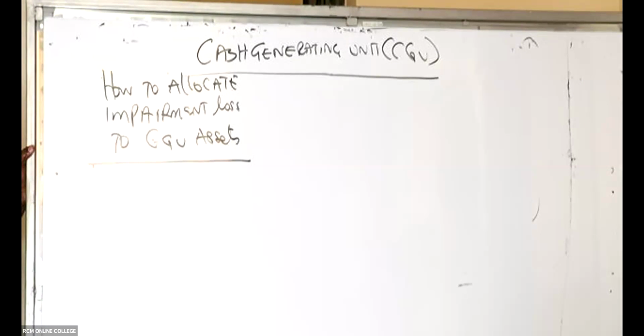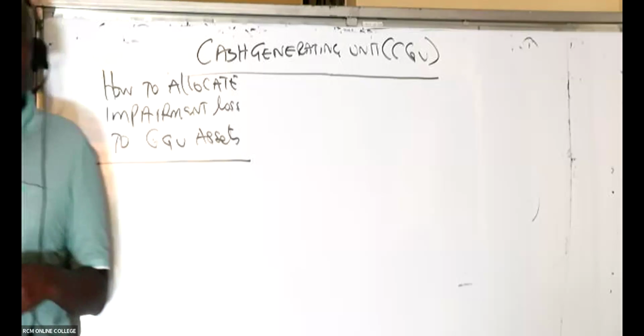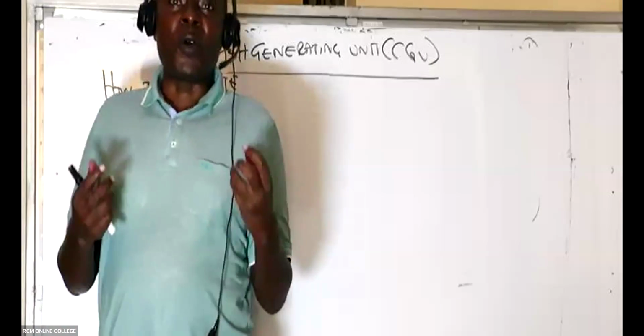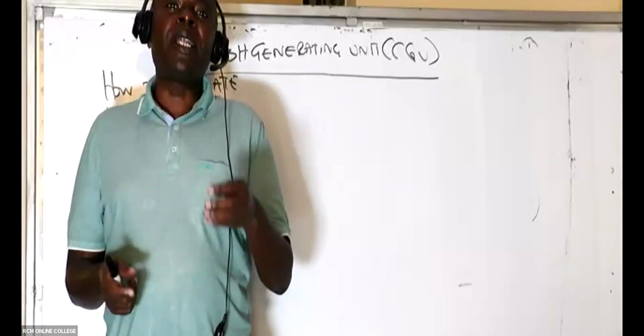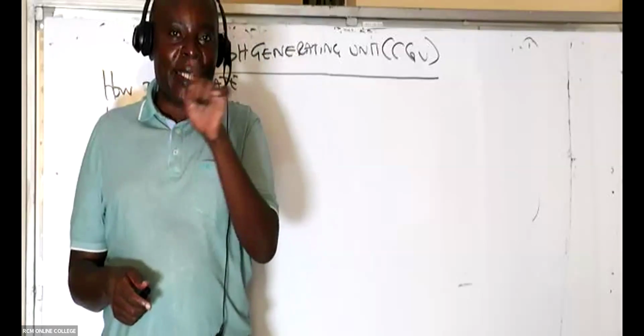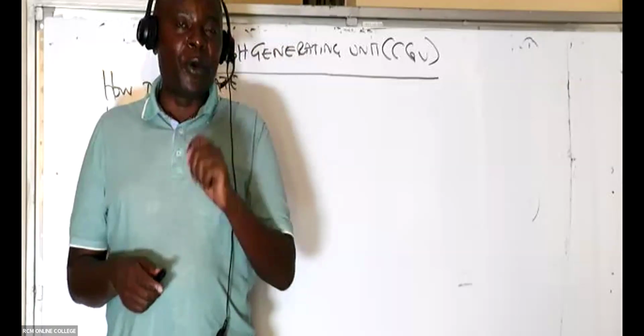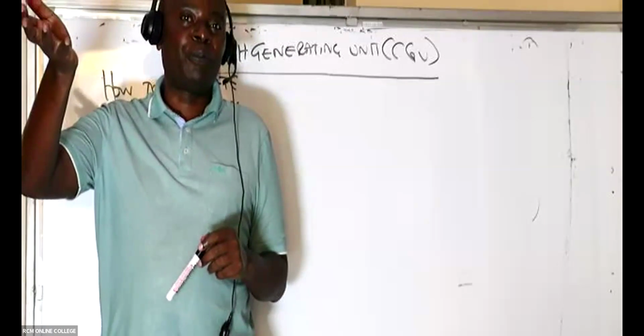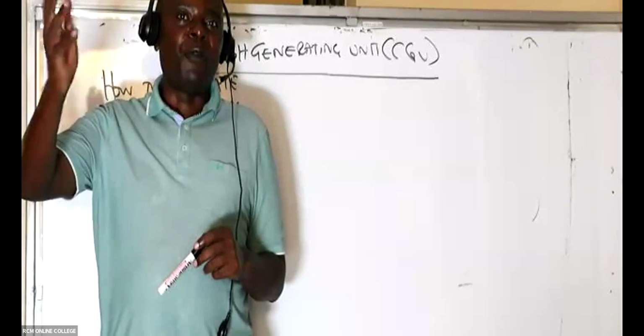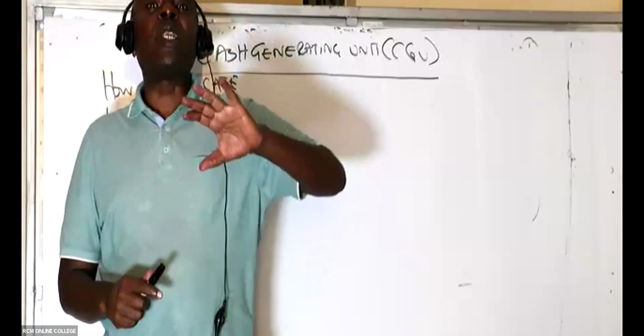I may forget about everything else, but I know whenever there is any impairment loss, first of all, you knock down the goodwill. That's what I'm able to remember from those days when I was taught this. Once you realize, ladies and gentlemen, that a cash generating unit has been impaired, it means that if it has any asset called goodwill, that asset is fake, because you can't be having goodwill and not be able to generate enough cash flow. If you have goodwill, then you should be able to generate actually excess.